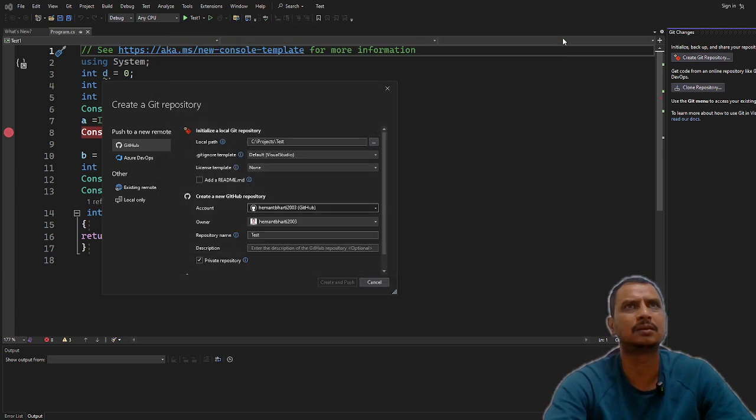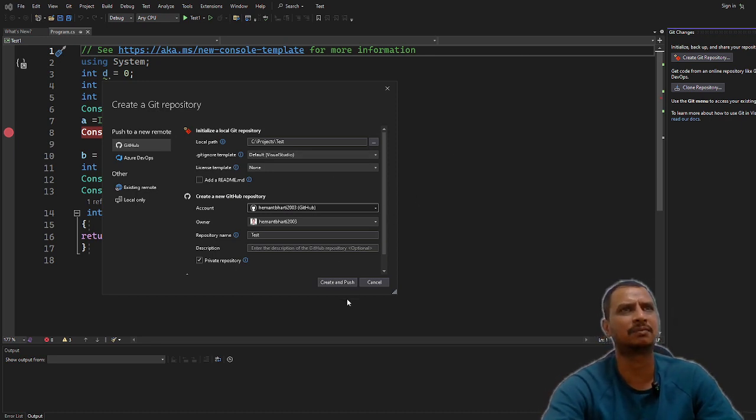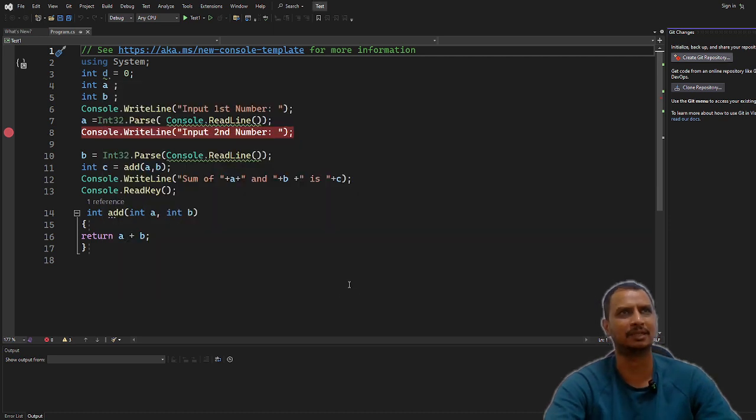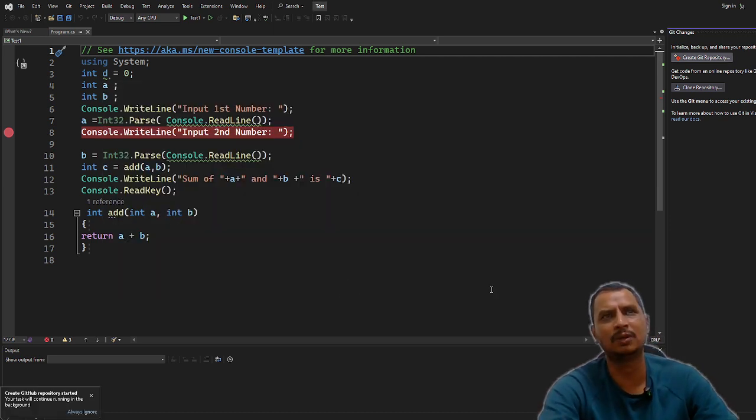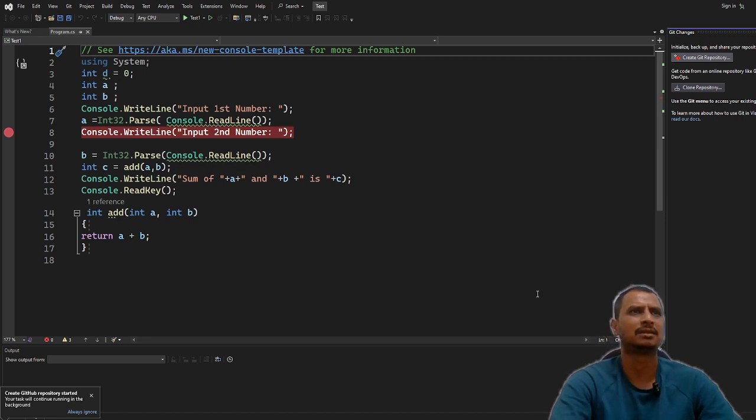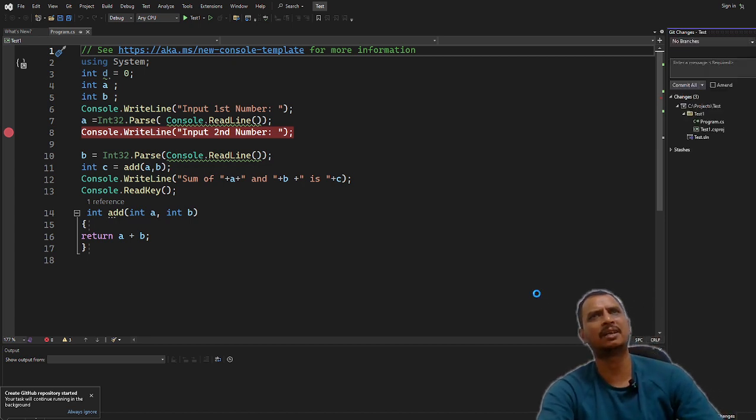Okay. This is done. Path is exactly the path of the project. Can you see the option which says it is private? We have to keep it private or public. Last one, which is this? Private, right? It should be private only. This is create. Okay, very good. So now, once we do that, all the code we have created will be pushed